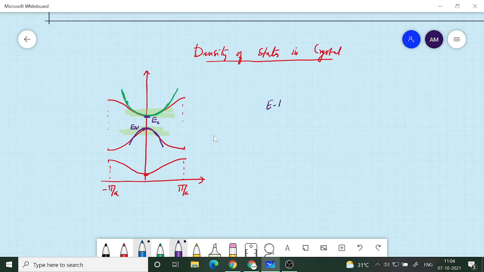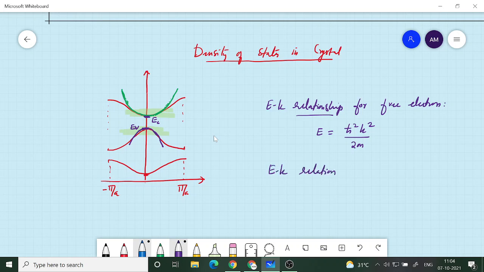So the EK relationship for a free electron is basically E is equal to h cut square k square by 2m. This is the mass of the electron here. So this is for a free electron. Now the EK relation for an electron in a crystal